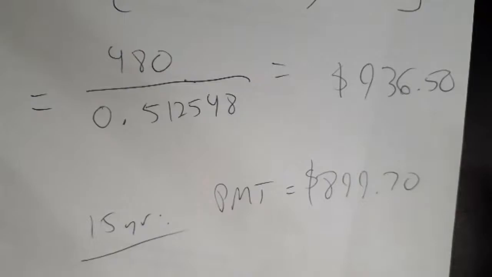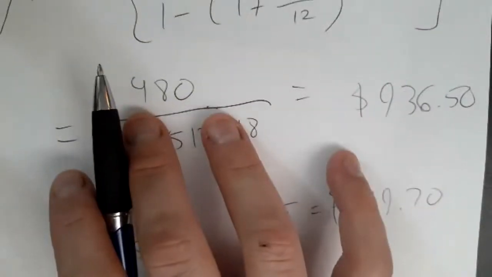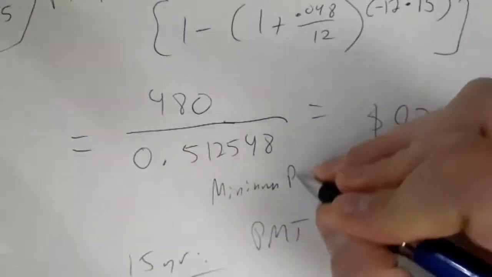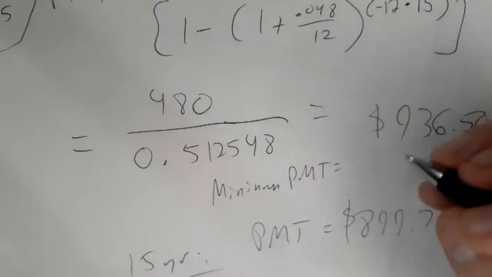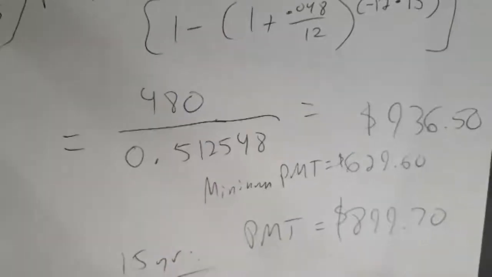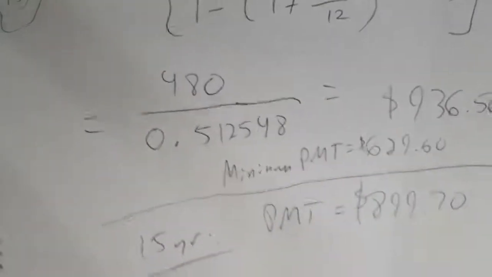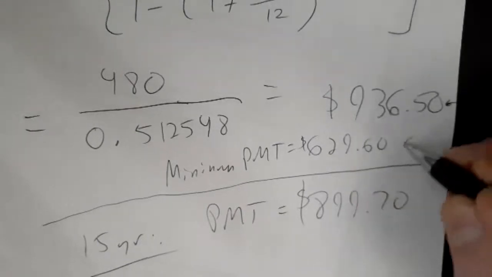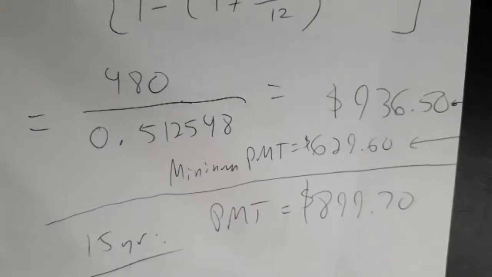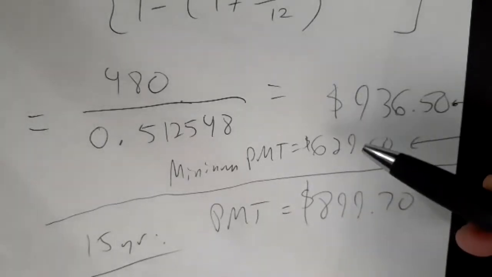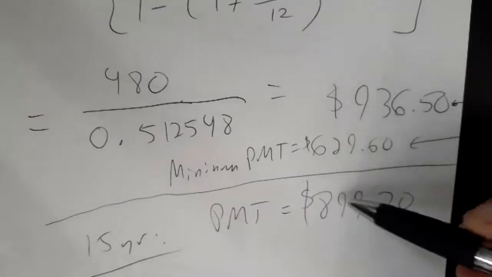But here's the thing. If this is the 30-year loan, the minimum payment, right? The minimum payment for this thing is the $629.60 if we take it out. That's what we found in the previous problem, right? This one versus this one. So this is the payment I need to make if I want to pay it off in 15 years, but this is sort of my minimum payment if I pay it off in 30. So there's this sort of buffer thing that can happen if you take this loan, right? So you should pay $936 to pay it off in 15, which is a little bit more than this, but